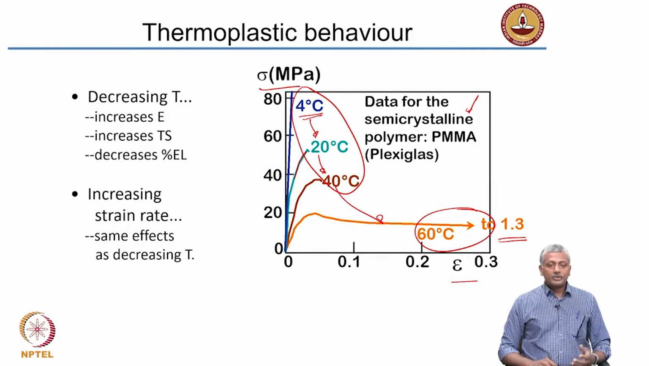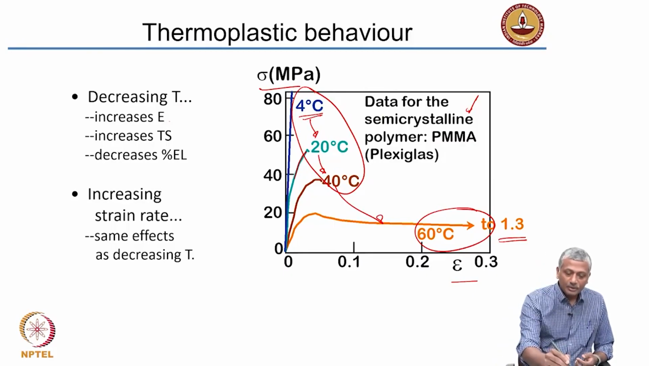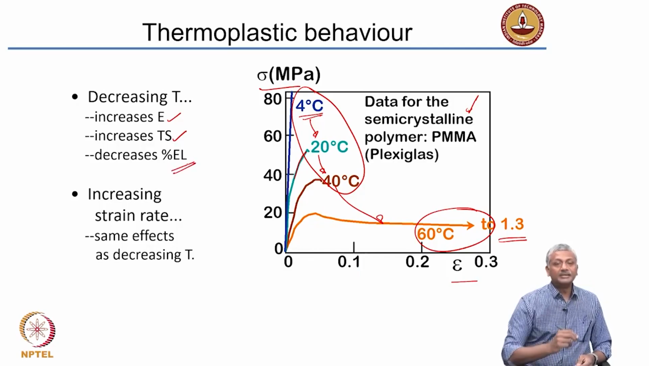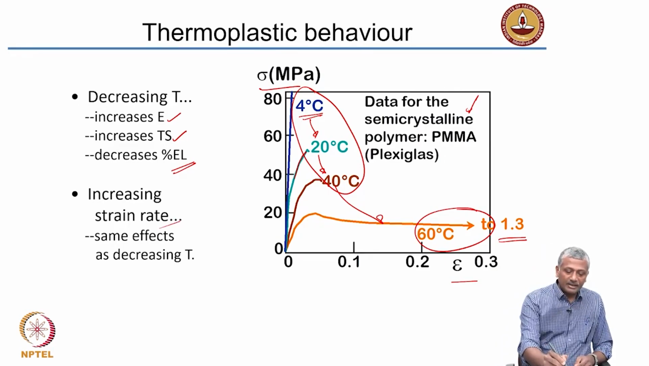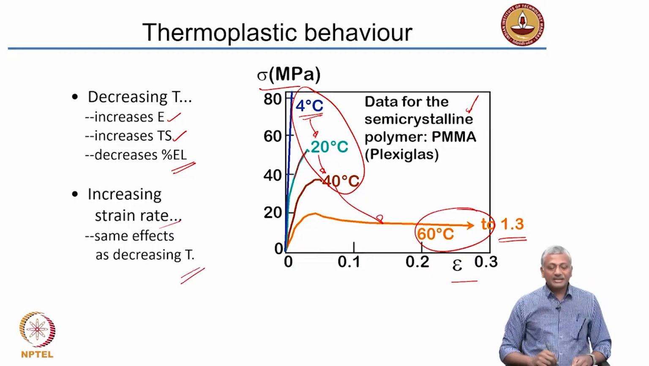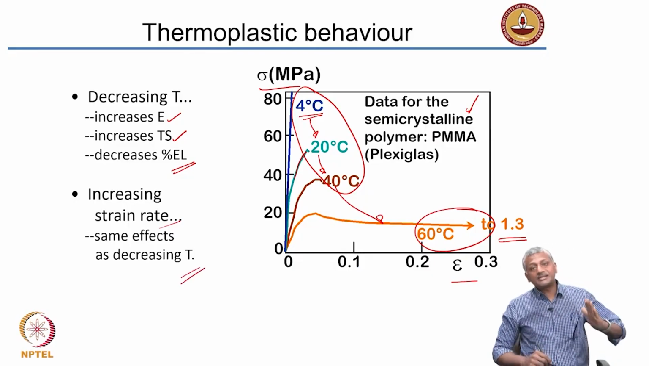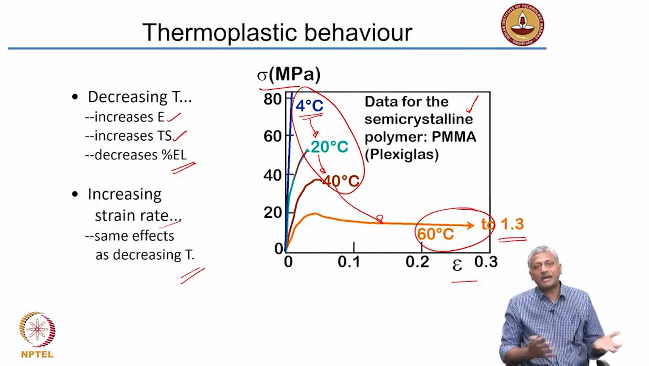Okay. So, when you decrease the temperature, you increase the modulus, you increase the strength, and you decrease the level of elongation. That means you make the material less ductile as you decrease temperature. When you increase strain rate, you get the same effect as decreasing temperature. So, increased strain rate means you are testing at a very rapid rate. When you test at a very rapid rate, you get a higher strength and modulus, but you get a lower